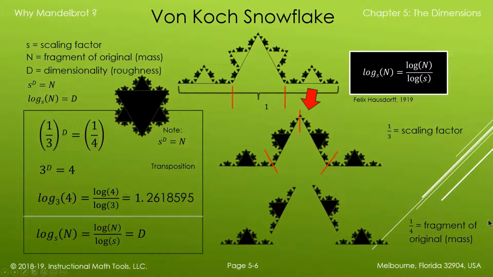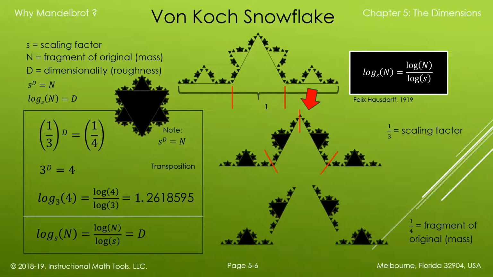So the fragment of the original is 1/4. Over here we have 1/3 raised to the d is 1/4. And we come up with log 4 over log 3, which is 1.2618595. That is the dimensionality of the Van Koch snowflake in accordance with the Hausdorff formula. These are all self-similar